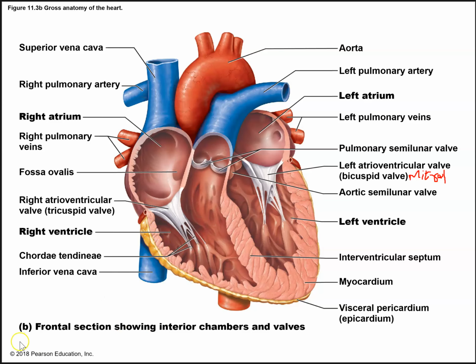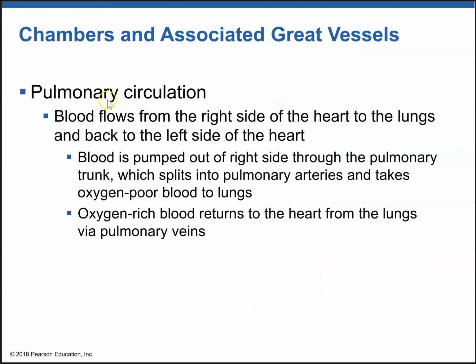Now, we have talked about pulmonary circulation when we looked at the pulmonary artery. So pulmonary circulation is a circulation of blood from the right side of the heart to the lungs. So this blood that is pumped to the lungs is highly deoxygenated. So the blue blood vessels carry deoxygenated blood, and that's why the pulmonary trunk and the pulmonary arteries are highlighted in blue. So the blood is pumped from the right side to the lungs, and